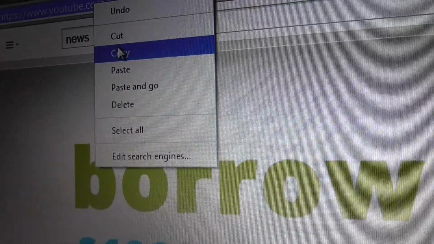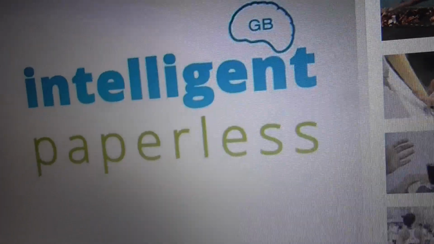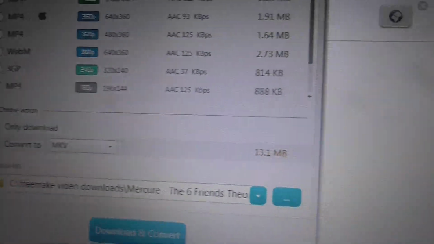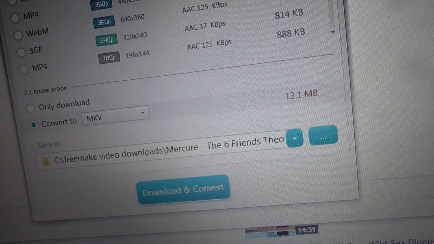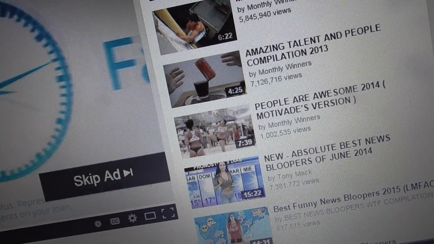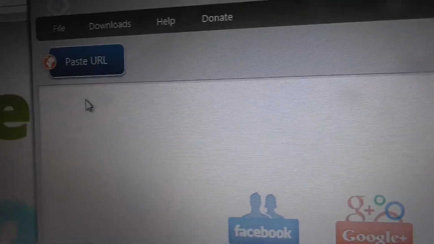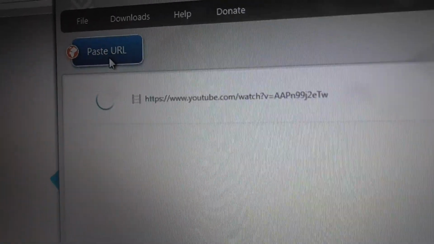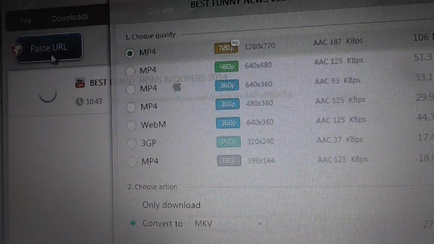Copy and paste the URL. Copy. Go to FreeMake Video Downloader. So I'm going to cancel that because that's not a video I want. Okay, so in FreeMake Video Downloader software, paste the URL. Here we go. Now I've got the right video, and then it gives you a choice of qualities to get